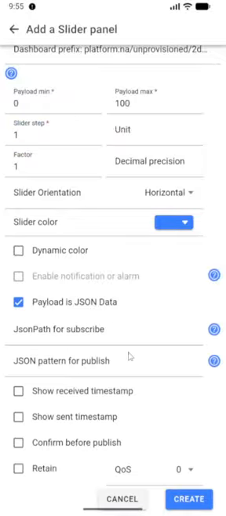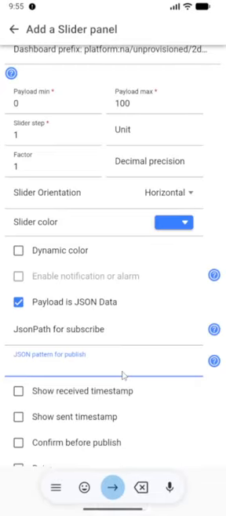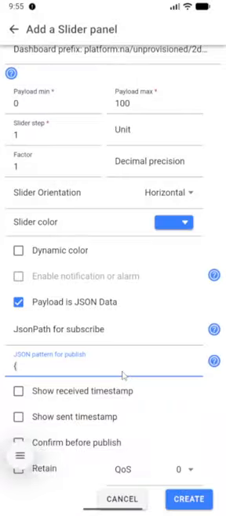We'll press payload as JSON data, and we're going to write our command here and we're going to put the payload in it where the brightness should be. So I'll post a simple list of commands that you can use, but one that's simple that we can start with is a simple zone command. So we'll type